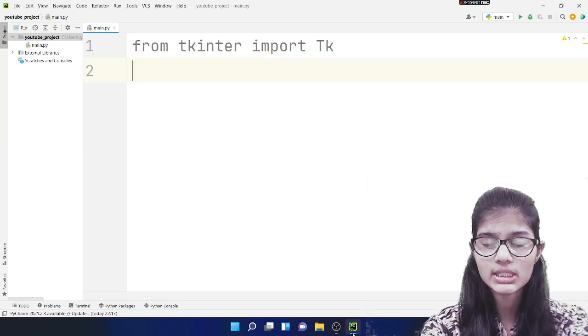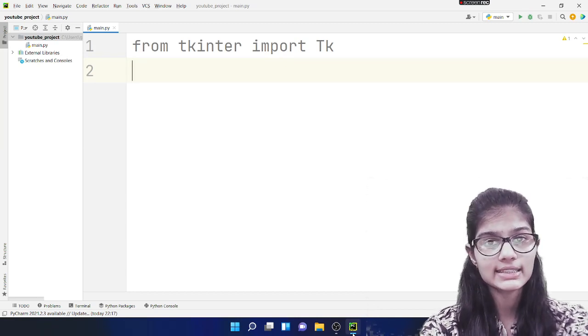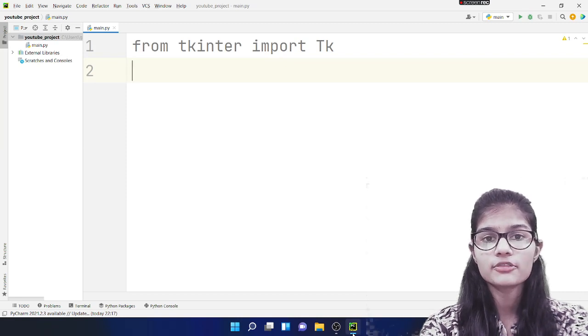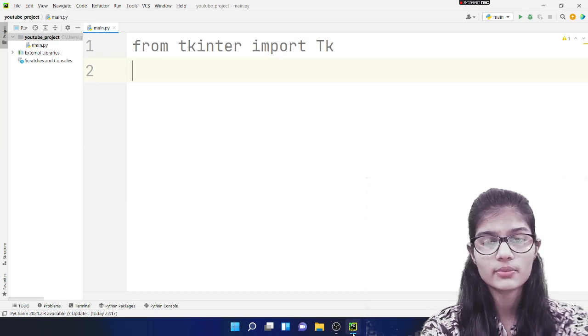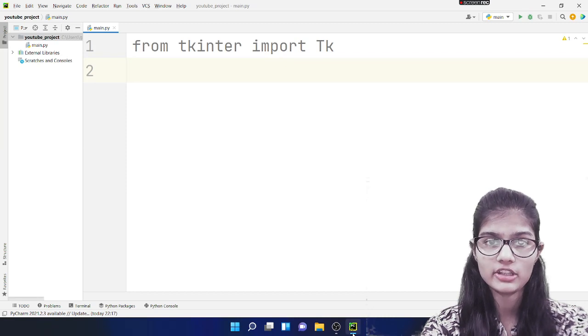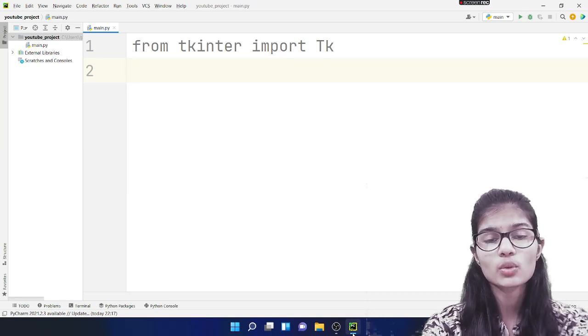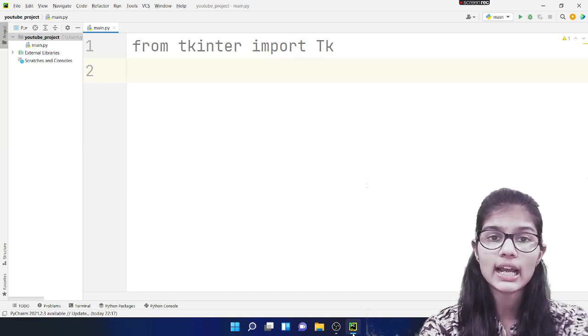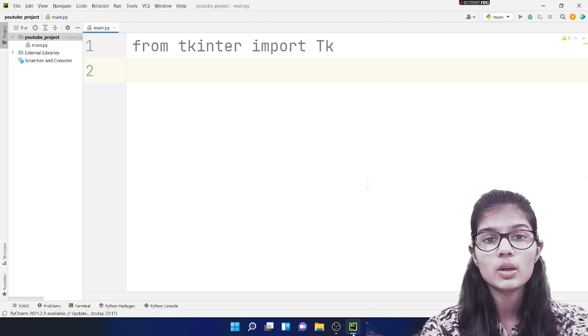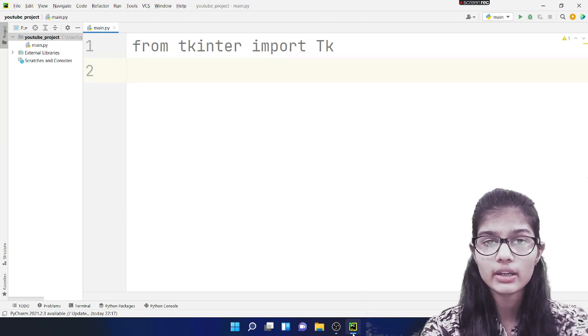Whenever we make a tkinter project, whenever we make a GUI application, tkinter has its own window, and on that window only we get the output of whatever we are making with the help of GUIs.